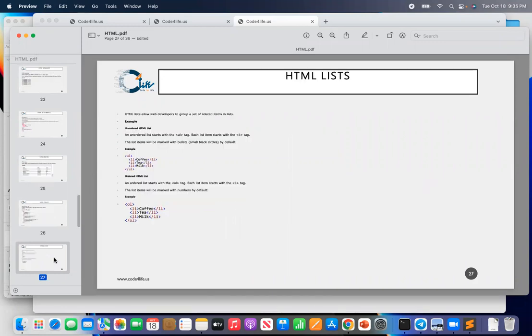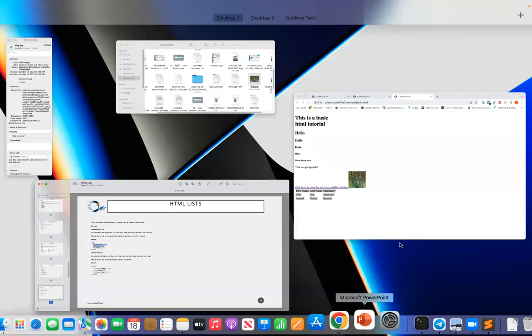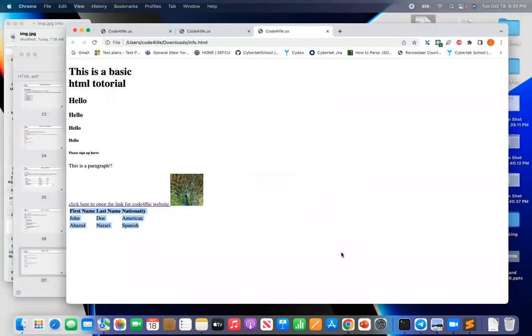So after this, we got the list, right? On a web page, you can also add lists. Typically, there are 2 types of lists. We got the unordered list and ordered list, right? So unordered list, as the name implies, the list is not in order. For example, let's actually add an unordered list. What we need to do,